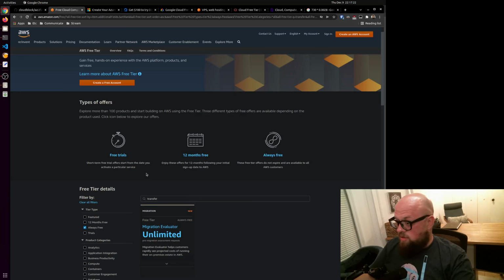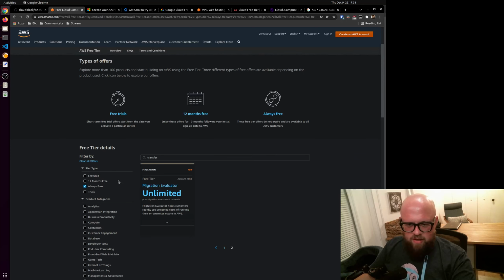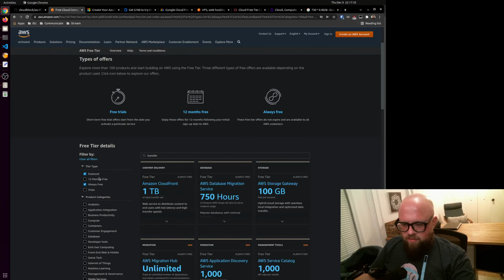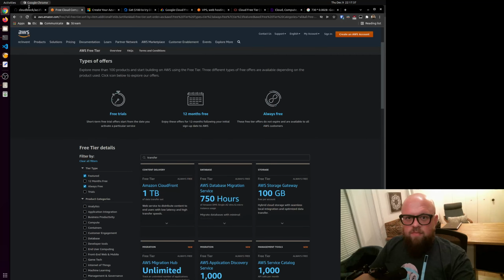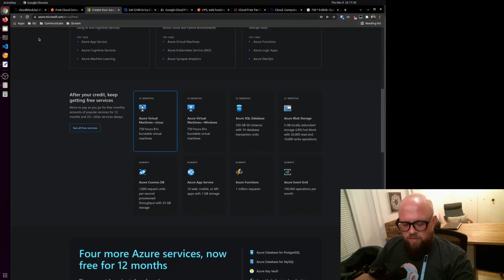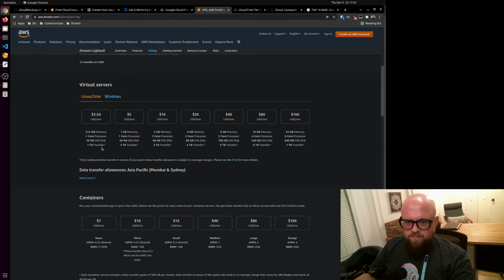Oracle gives you 10 terabytes. That's pretty extreme. Google gives you 1 gigabyte. That's like the smallest amount possible. I can't find it off the top of my head right now, but they give you somewhere in between that. With that said, if we go to Lightsail, their pricing is pretty fixed, and you get a bit more traffic.